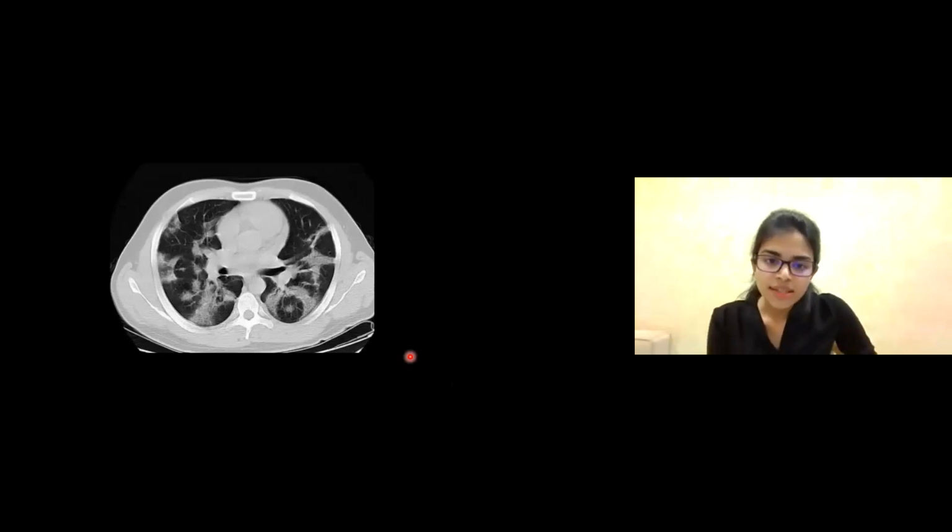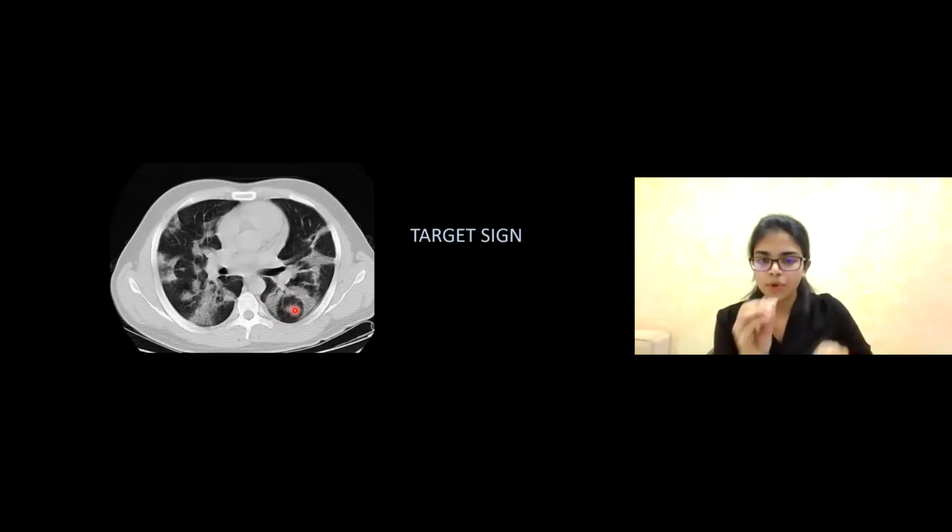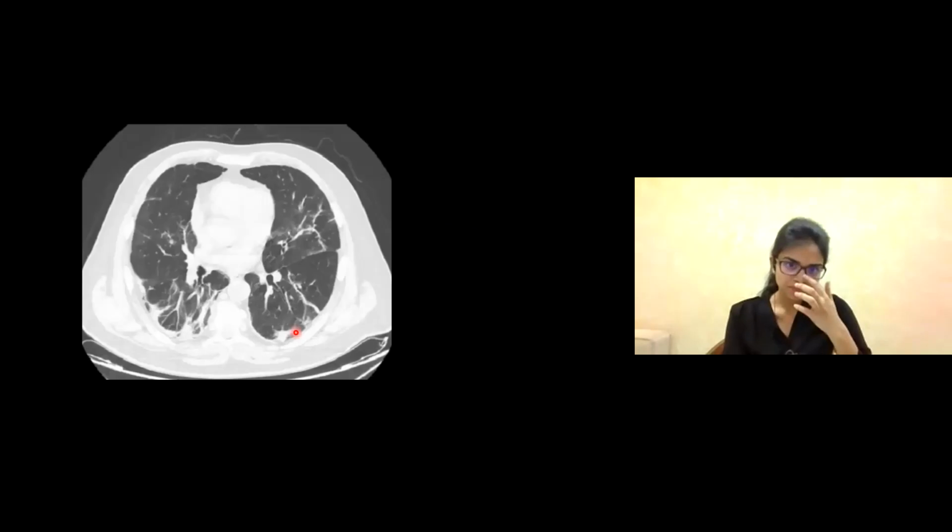Right. In this image, if you can see, there is a central nodular opacity surrounding which there is some clear lung, and around that there is an area of airspace opacity, which could be a complete or incomplete ring-shaped opacity, right? It looks more like a target. If you can appreciate, this is called a target sign. So here the central nodular opacity is thought to be due to the bronchial and vascular bundle that is getting occluded by exudates, and surrounding that you see this opacity. This is due to the alveoli getting flooded with fluid. So this is the target sign.